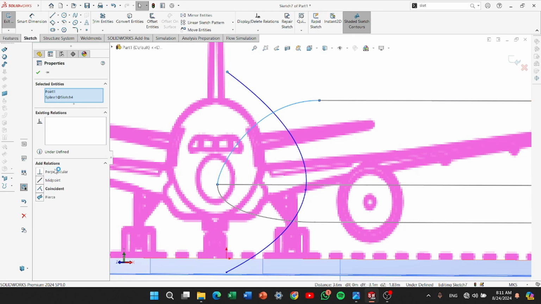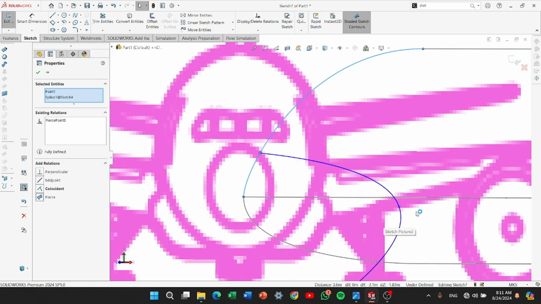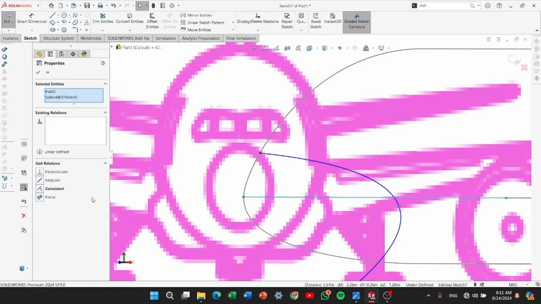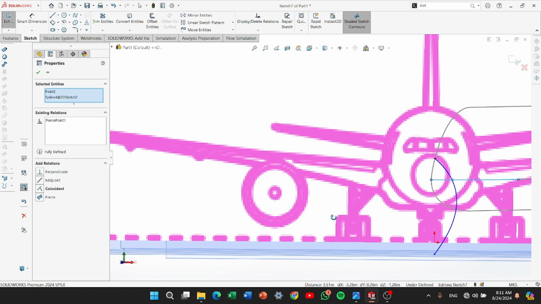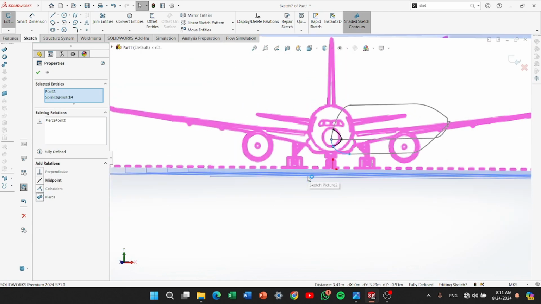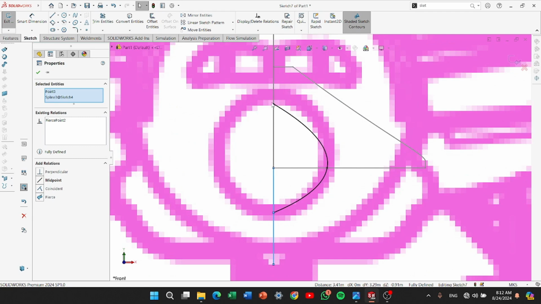So you have selected point one and the spline of this sketch. Now you will add relation from here. So press pierce. Look, it is intersecting with it. Okay. Now this point, control left click this point, pierce. Okay. Now the bottom point, control left click this line, pierce. And look what shape we have. Here's a frame like